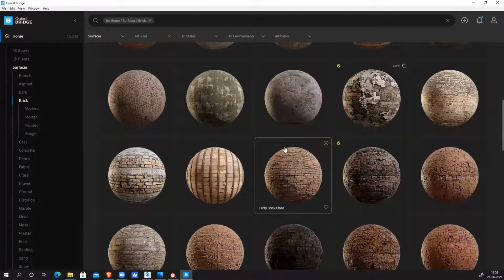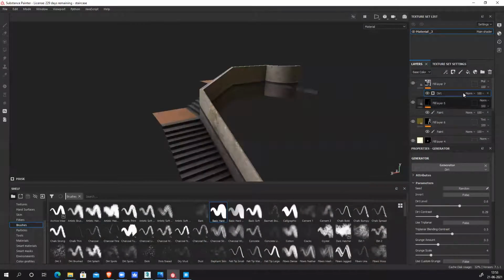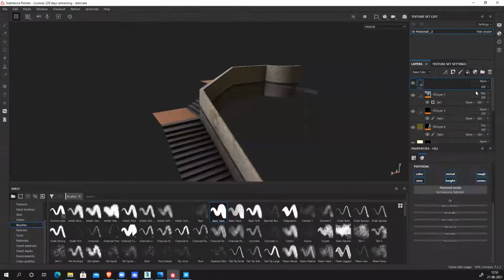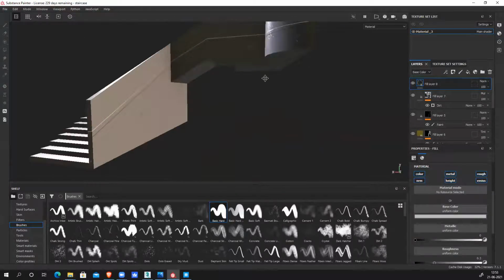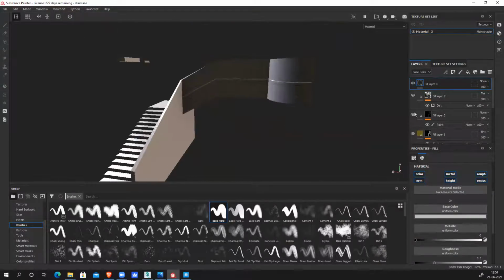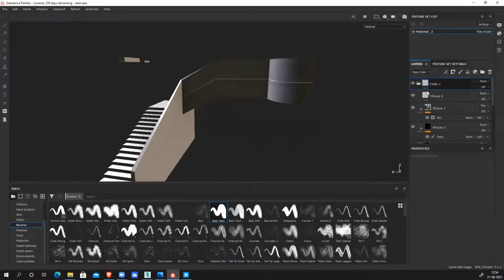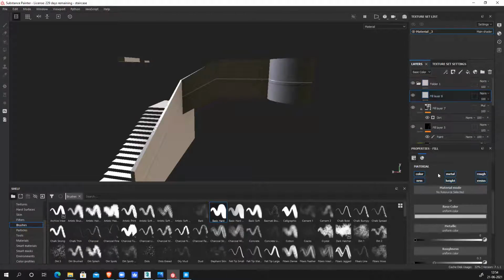I can download any one of them. Or I can do it directly in Substance. Suppose I want to create a damaged thing. Let's see, create a layer, an empty layer. Suppose I want to do it in Substance directly. So Control G, I'll group it. And this is my base layer. One layer. And in this layer, I want to create a brick.